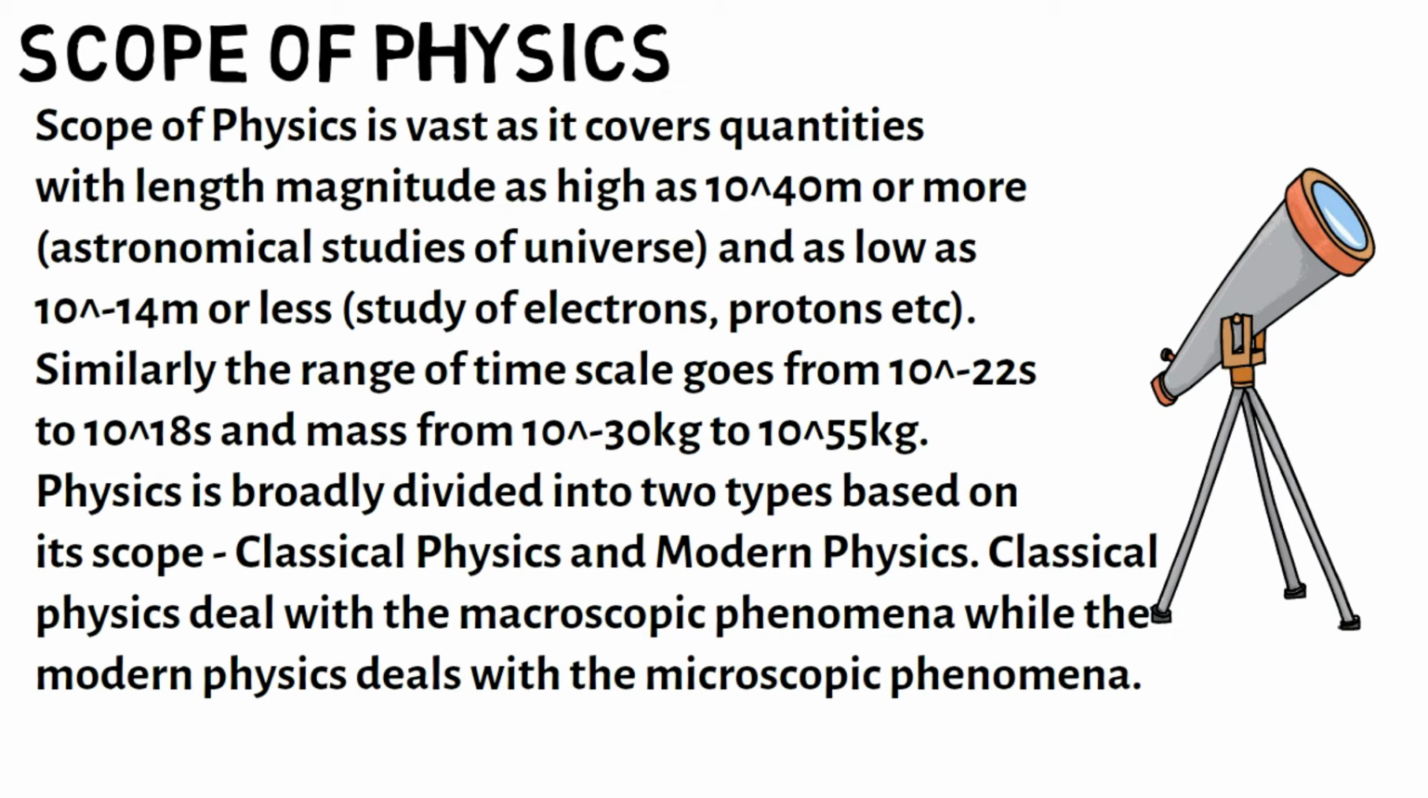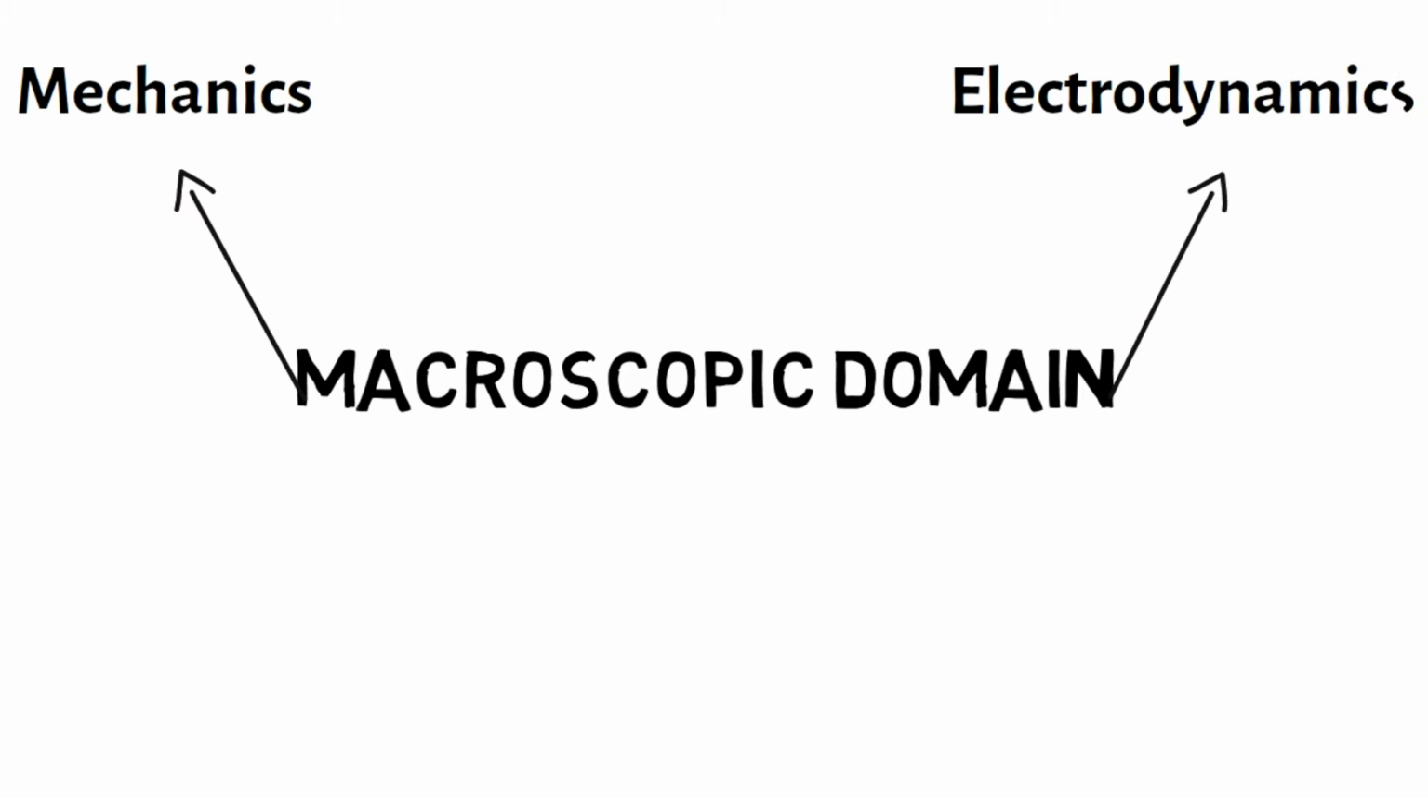Physics is broadly divided into two types based on its scope: classical physics and modern physics. Classical physics deal with the macroscopic phenomena while the modern physics deals with the microscopic phenomena. Macroscopic domain. Macroscopic domain includes phenomena at large scales like laboratory, terrestrial and astronomical. It includes following subjects: mechanics,